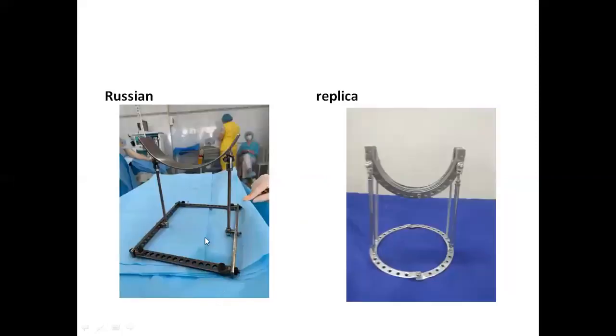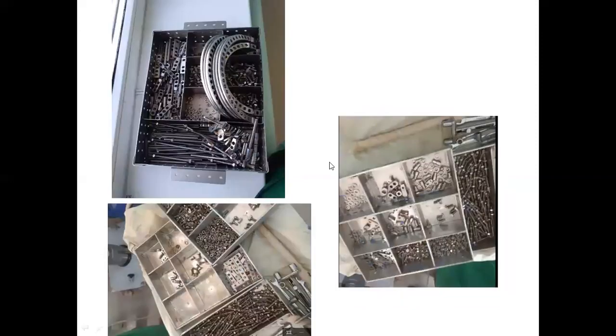And here on modification, this is the Russian one, and this is the replica one by the ring assembled by side. You can put your leg and thigh on here and enjoy the Ilizarov technique very comfortably when you are operating. And this is some local modification with aluminum, only $4 to $5. You can have your local manufacturer make it with aluminum sheet. You can have this and arrange all the Ilizarov nuts and bolts in your settings.